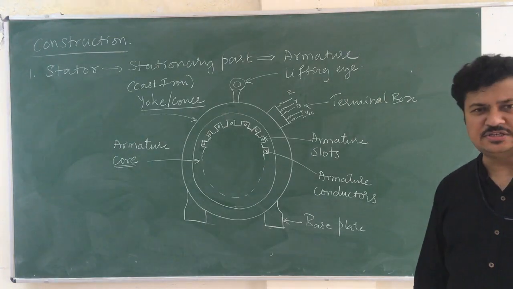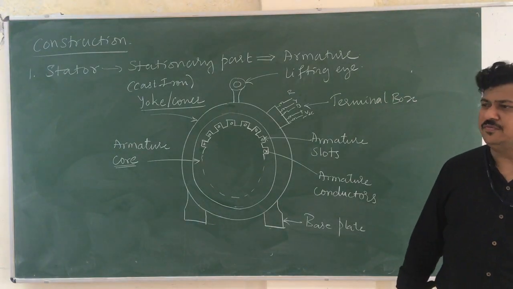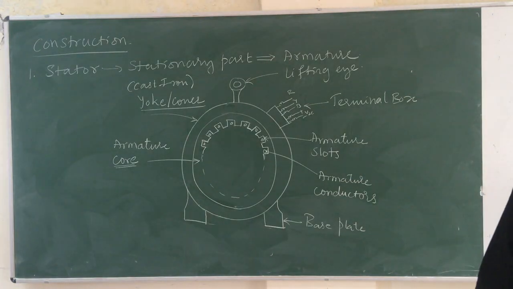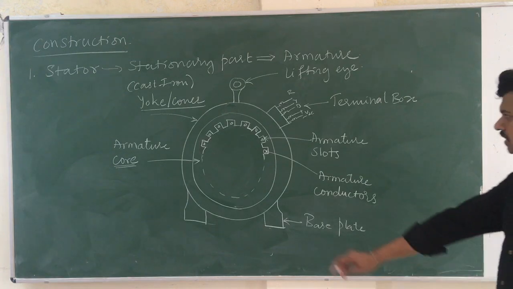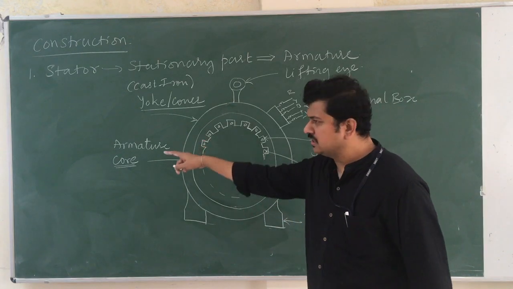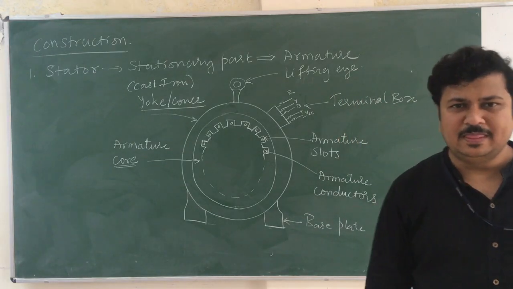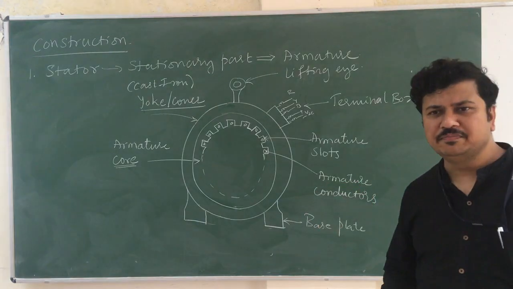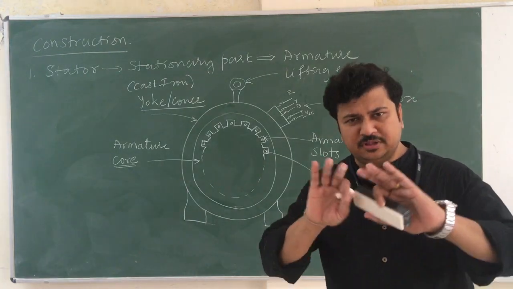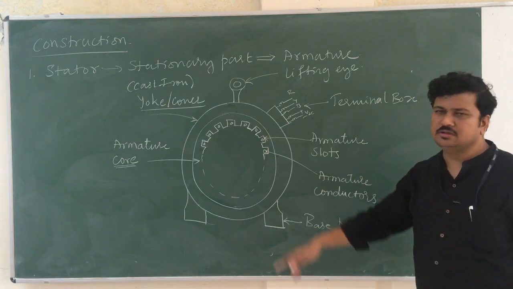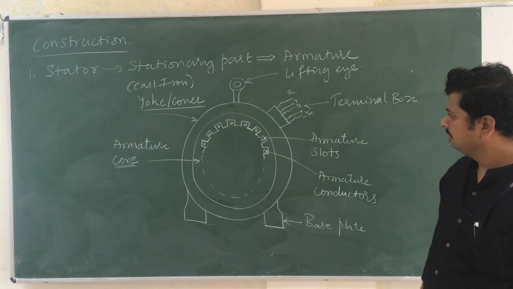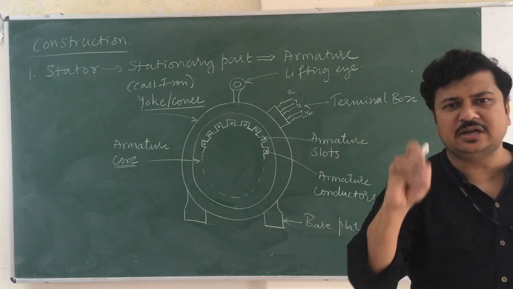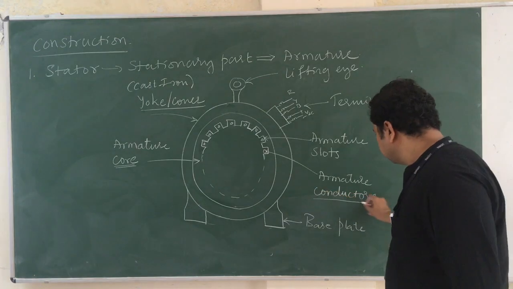In one of the previous lectures, we have seen how the use of laminations reduces the eddy current losses to a very large extent. The armature core is made up of silicon steel laminations. First we will prepare armature core laminations and stack them together to get a sufficient length. Upon that I will be placing the cover or yoke. The slots are punched in the inner periphery so that I can place the conductors.